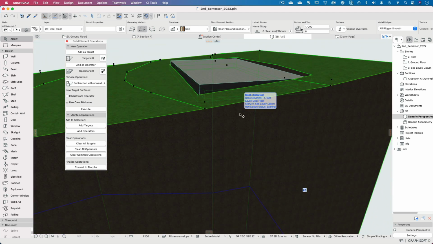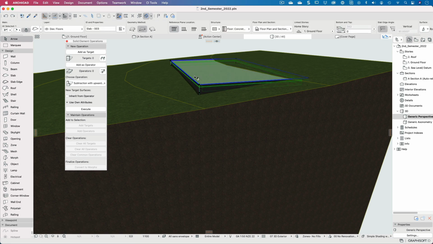So let's undo that. We'll go back. So if we just select the slab and we'll do subtract with upward extrusion, then we should get what we want. Execute. Oh, I haven't got a target. Okay, so